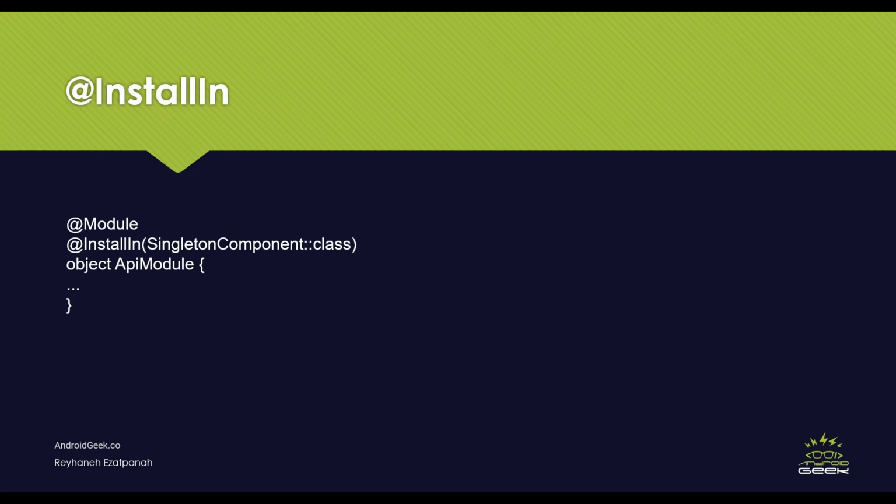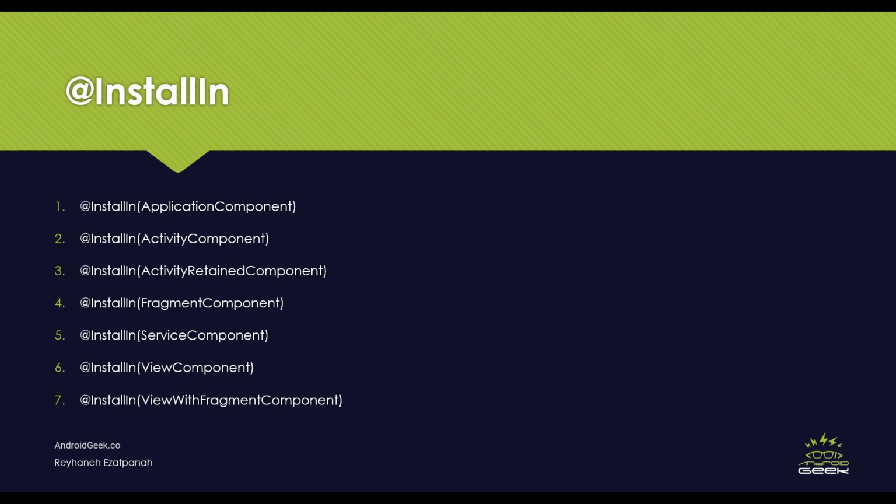And the other annotation that we use is InstallIn. You already know that the class with the Module annotation is used to provide the dependency objects. By adding this annotation, we are restricting the use of the dependency object provided by this module class to a particular Android component. Hilt provides 7 components that are compatible with InstallIn. The Module annotation on a class tells the Hilt framework that the dependency object it provides may be injected and made available only during the lifetime of the specific component named in the InstallIn annotation. And here you can see